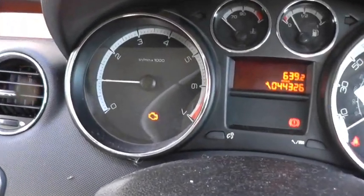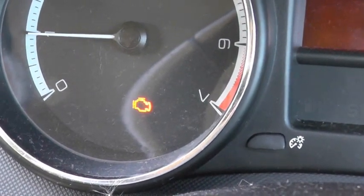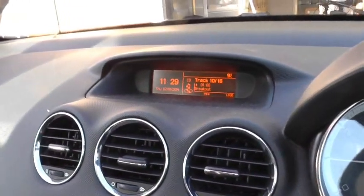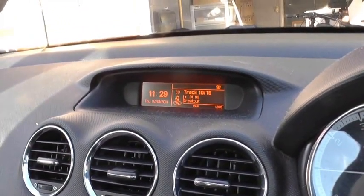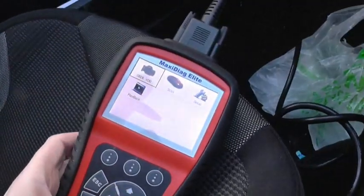Okay, this is a problem that we're having with the Peugeot 308 right now. We've got the engine management or MIL light showing on the dashboard, and periodically on the information display we have "depollution system faulty." When that pops up again, I'll show you what that means. But what we're going to do is diagnose the problem